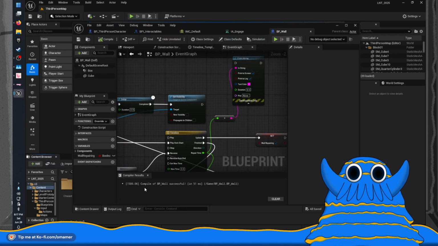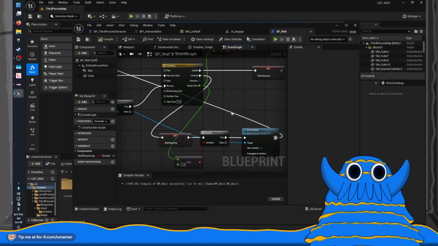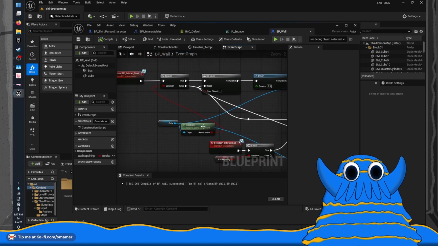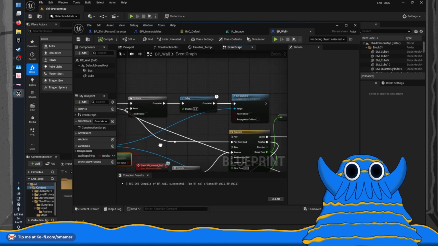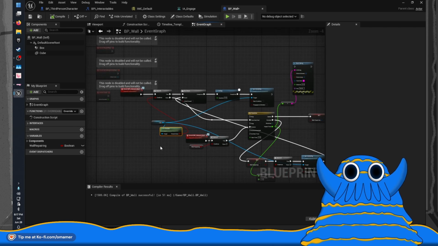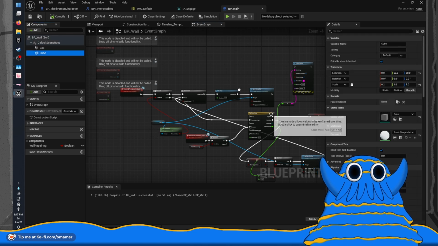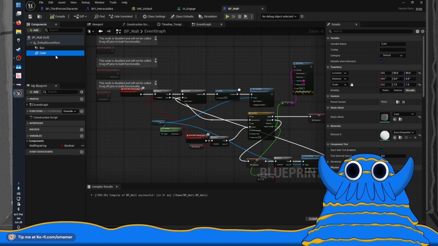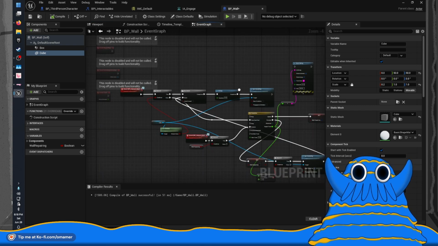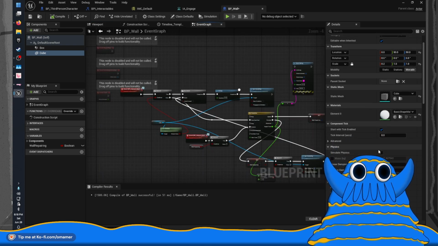I guess, okay, let's do the other thing that I want to have happen here. Because this is probably what I should track it on, actually, instead of visibility, is whether or not I can collide with it. So what we're gonna do here is we're gonna select our cube, the cube asset. It's over here, selected in the thing. Then we're gonna come back over to our event graph,